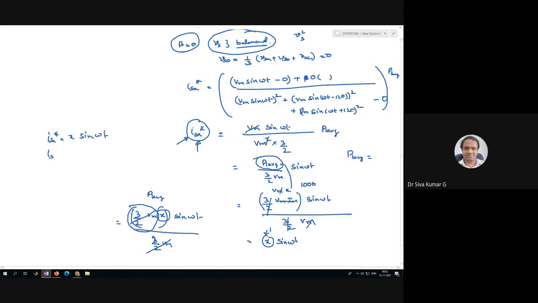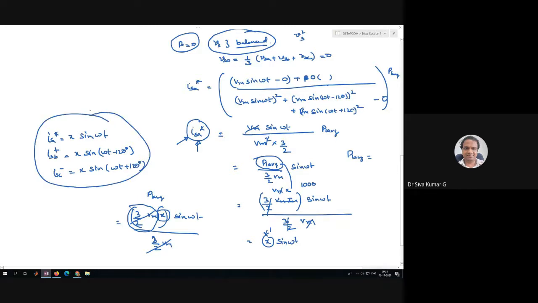And then the ISB star, we get x times sine of omega t minus 120. And ISC star, which is some factor of x will be the same, omega t plus 120. So we got the reference currents that are perfectly balanced sinusoids. There is no distortion. Once we find out the reference source current, we can estimate the filter current IFA, which is equal to IL minus IS star. We are estimating the filter current. These are the filter currents in the expression.